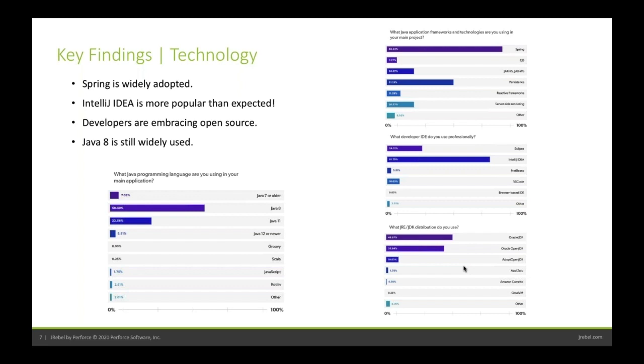One of the interesting aspects is you do see a large amount of people that are using Spring frameworks within their Java environments. This is pretty expected. If you've ever been to any kind of Java conference or talk to anyone that works in Java, Spring is the number one thing that's being talked about. I mean, every environment is using Spring in some form or way. They'd be foolish if they weren't.